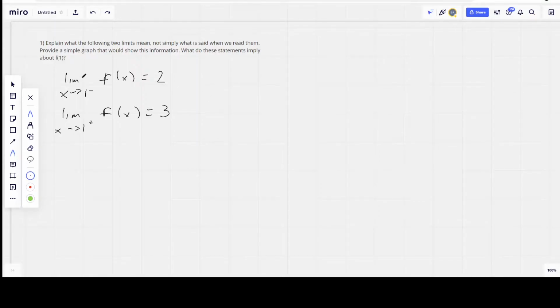What a limit tells us is that as the x values come closer and closer to a value, the function looks like it's going to a particular value. Or sometimes it's going off to infinity, or sometimes it's going off to nothing at all. But in this case, even though we're not supposed to simply state how we read them, it's important to know how to read them. So what we read here is that the limit of f of x as x approaches 1 from the left